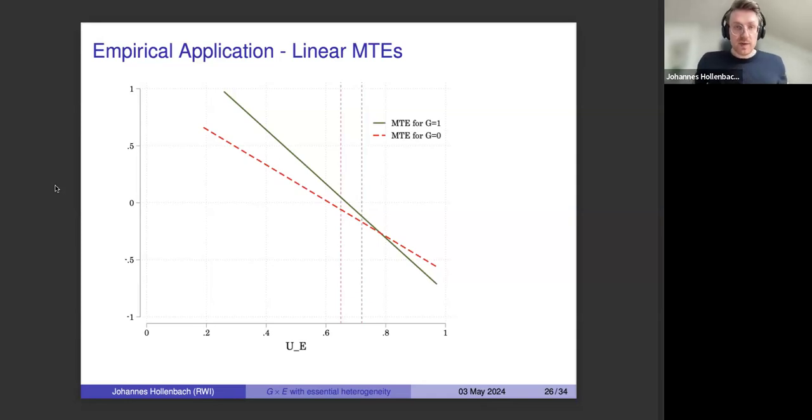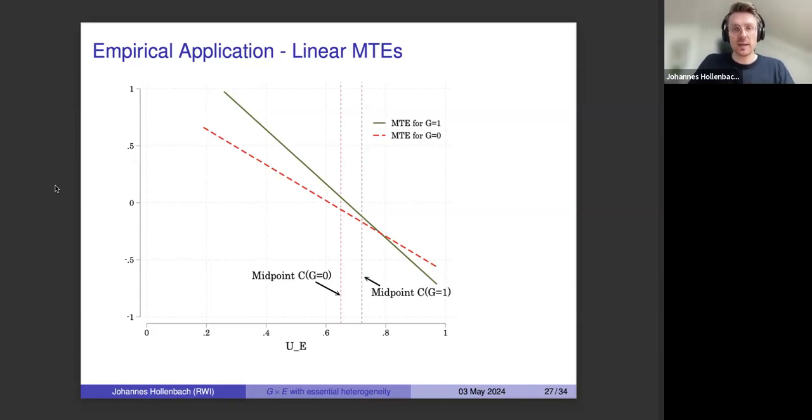So what we did is we estimated marginal treatment effect curves for our example. They don't look as nice as the visualization I've shown you. We've also chosen to estimate linear marginal treatment effects instead of non-linear ones because they're less demanding, since we already have power issues. What we needed to do is estimate the marginal treatment effect curves for G equal to 1 and one for G equal to 0, and then evaluate them at their midpoint to calculate the local average treatment effects of the gene-environment interaction.